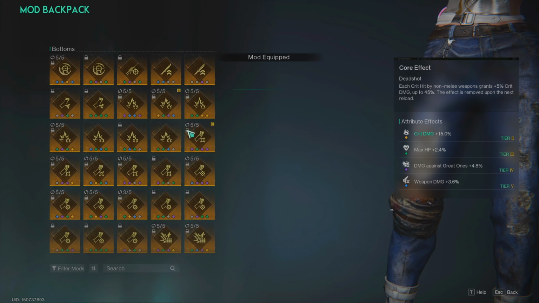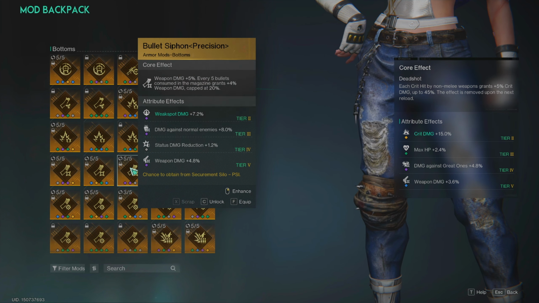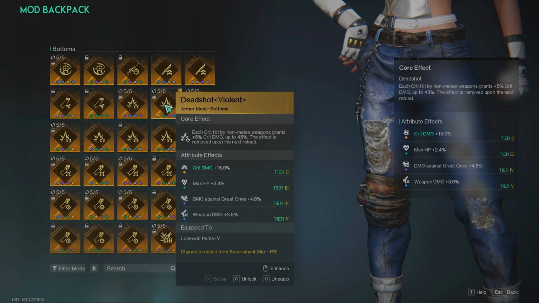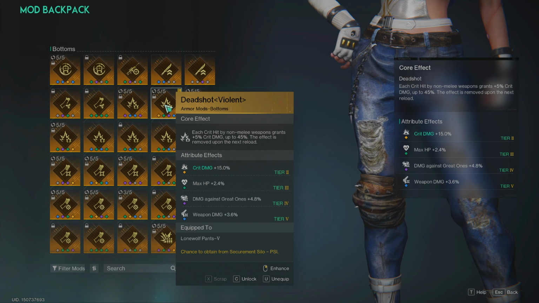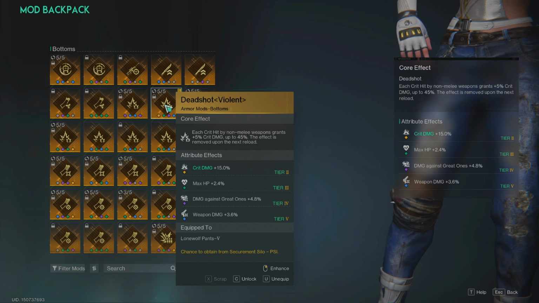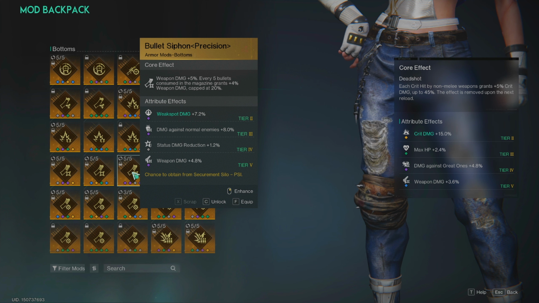Lastly, for the pants mod, you have two options. You've got Deadshot, and you also have Bullet Siphon. Now, starting with Deadshot, it's the one you should go with since it's really quick to stack up and gives up to a massive buff of 45% crit damage. However, if you don't have a good one, then feel free to also use Bullet Siphon, since although it only